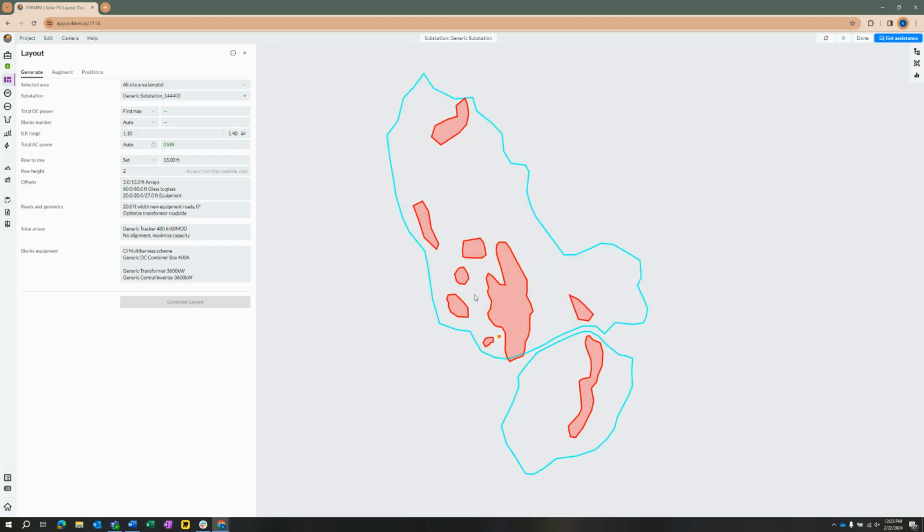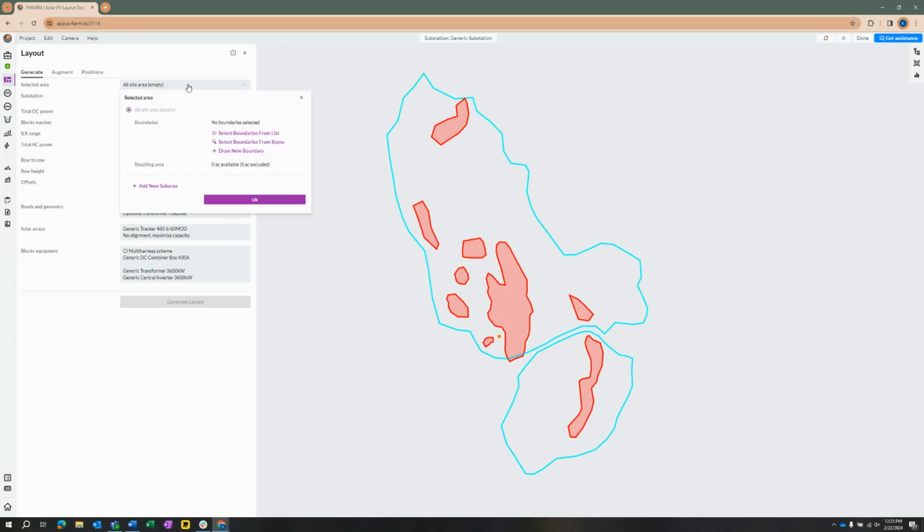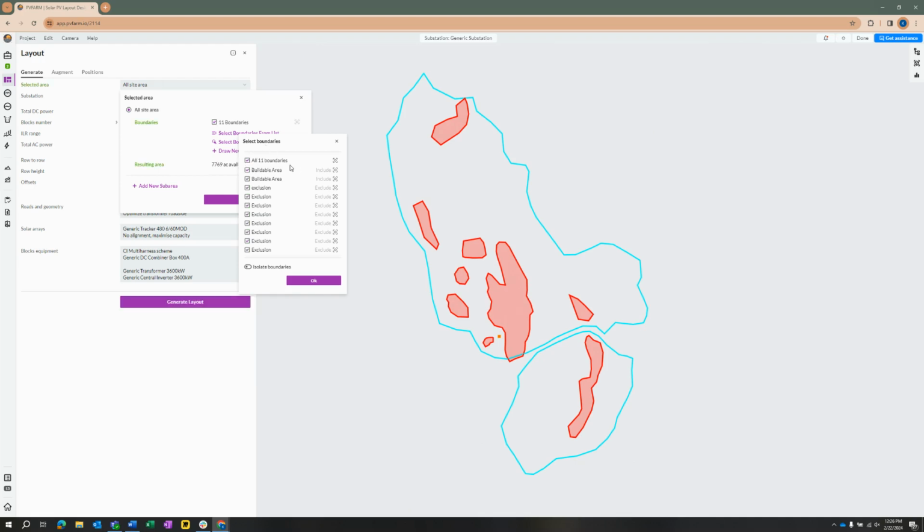The next thing we're going to do is come up here to the Layouts tab, and we're going to hit Selected Area. And this will be the area that we're placing trackers. Now, there are several ways you can do this. We can select from list, we can select by clicking on the scene, or we can even draw a new one. I personally prefer to select boundaries from list because I can just click this top all 11 boundaries or